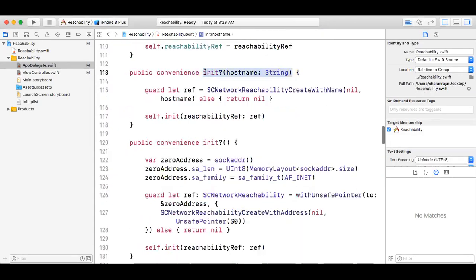I am initializing this. When you are initializing, it will check whether the host name is empty or not. So through the reachability reference, it will always check whether the host name is empty or not. If it is empty, it will directly return nil. If it is not empty,